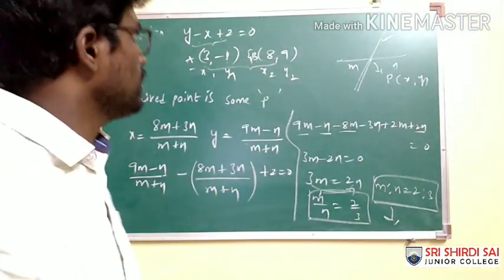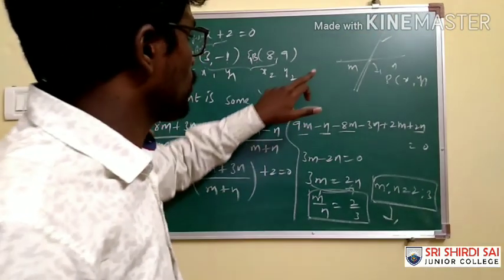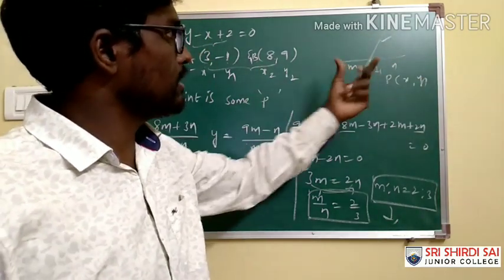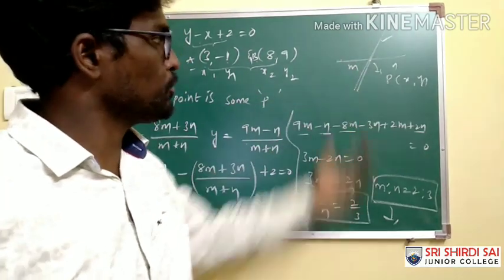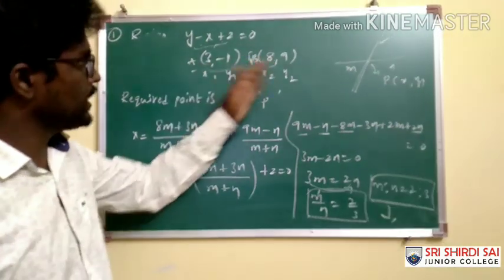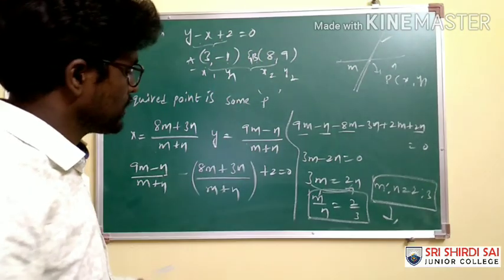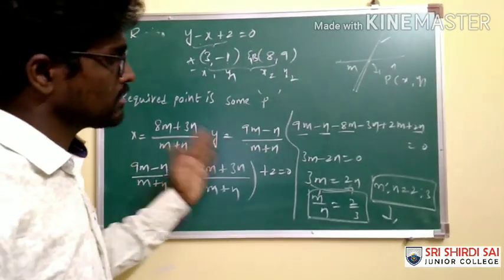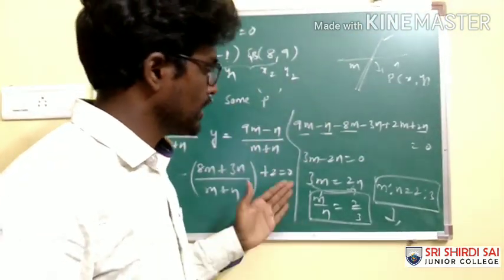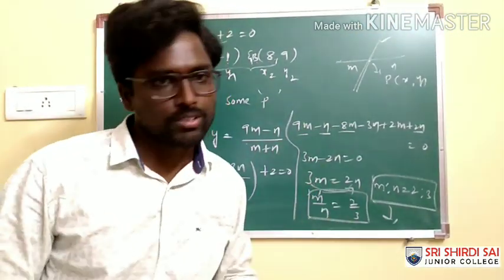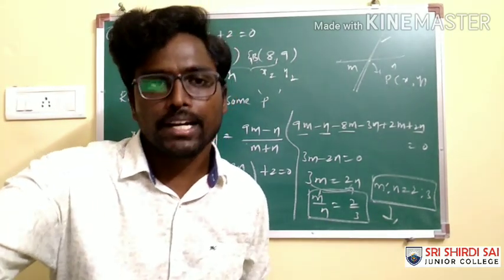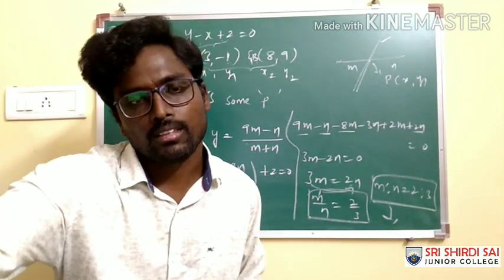See, the problem is not so complex here. We are given the line equation as well as the coordinates of this particular line, and we are supposed to calculate in what ratio this line divides AB. So I have taken it as m is to n. The coordinates are given. With the help of the section formula, I could trace out x and y and substitute in the line, because this point also satisfies this line, and I obtained m by n, that is 2 is to 3. Therefore, the ratio is positive, so the line is going to divide AB internally.